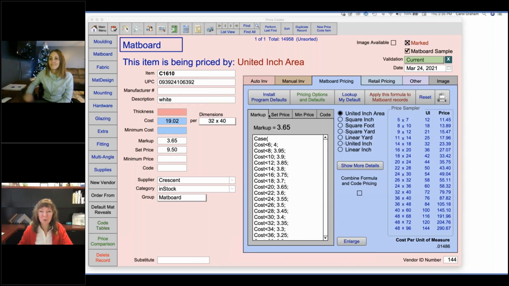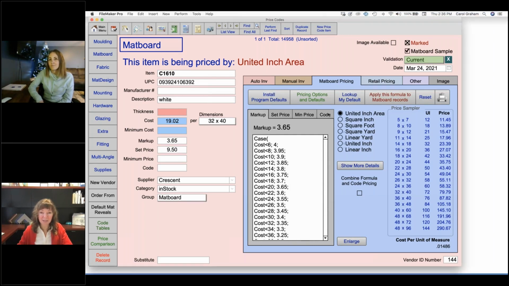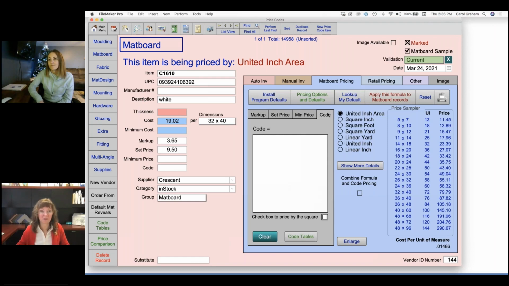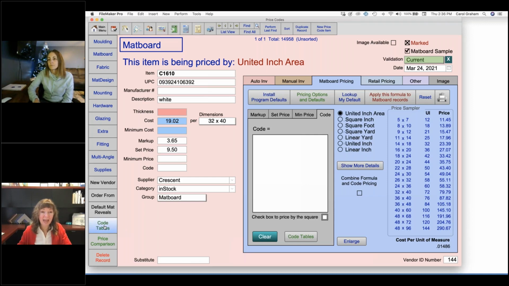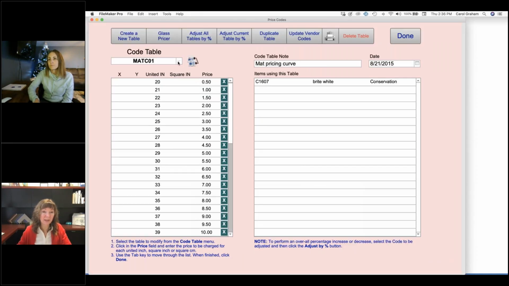Excellent. So we've taken a look at Matboard, set price, and minimum price. The next one that we're going to look at now is the code tables. And there's a number of things that you can do with the code tables. In the code tables, if you have old price charts that you decide that I really want to stick with my old price charts, I'm not comfortable yet going into creating things in FrameReady, then you can do that. You can go over to the code tables button on the left-hand side, and usually you would have a code